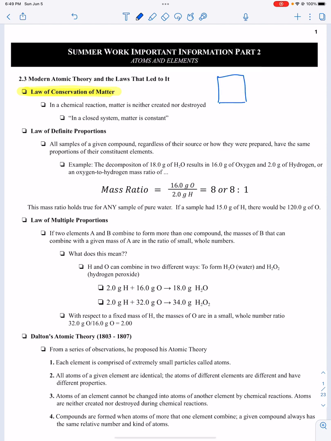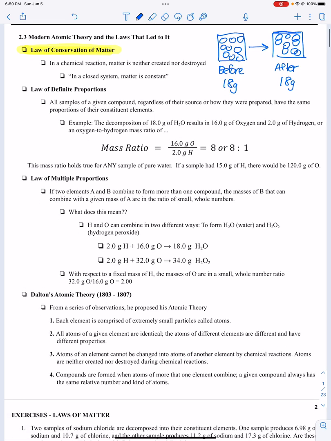So if I have two systems here, let's say these are both the same system. This is before. This is after. Let's say I have some particles in here. Boom, I draw 9 of them. Let's say some of them come together and some of them do not. This would be 18 grams before. If it was conservation of matter, then after, I would still have 18 grams, assuming this system is closed. So matter is not going to change mass. I might rearrange and do different things, but I'm not going to lose or gain anything in this system for